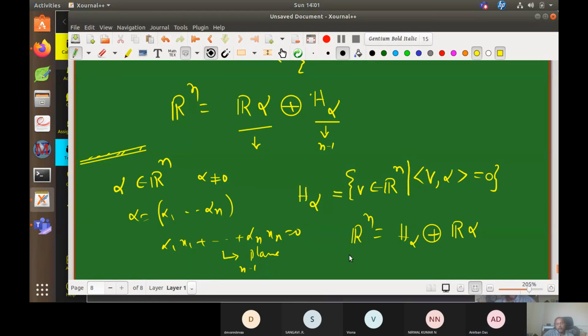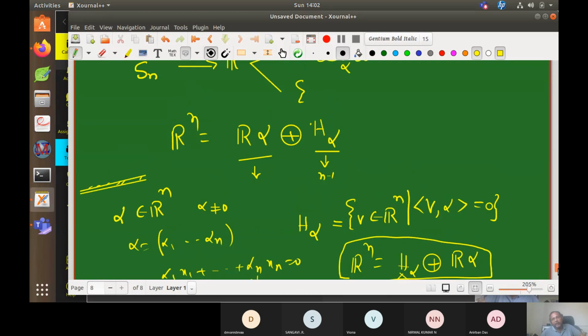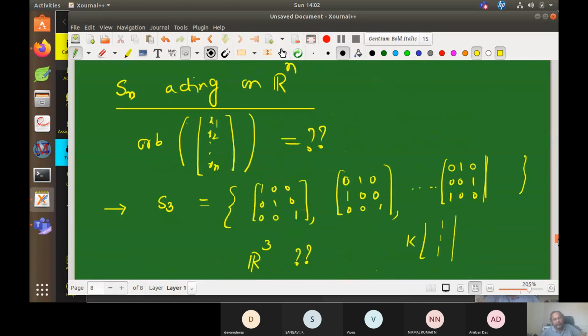Yes, sir. So now in the Sn case, this alpha is a particular alpha, that all-ones vector, and those are the invariant subspaces. That means those are invariant under all the elements of Sn. And here we cannot go further, no element will fix, so I cannot divide it further. That is a beauty. In representation theory, which comes later, this is useful.